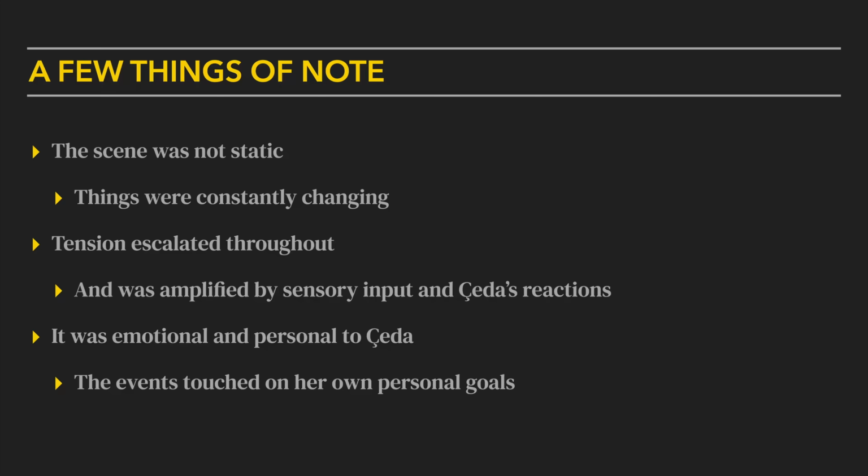And we amplify that by sensory input from the main character and Chayda's reactions, both external and internal, her internal monologue. Also, the scene was emotional and personal to Chayda. So it was an action scene, but the events touched on her own personal goals. And so one of the things you want to try to do as you're working up or writing action scenes is to just make it personal for the main character or the POV character, and that will make it personal